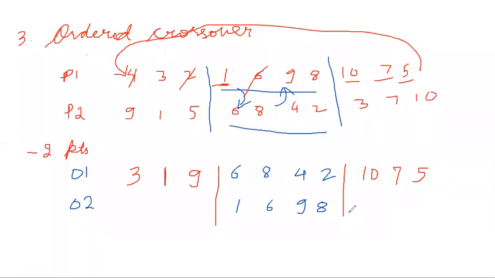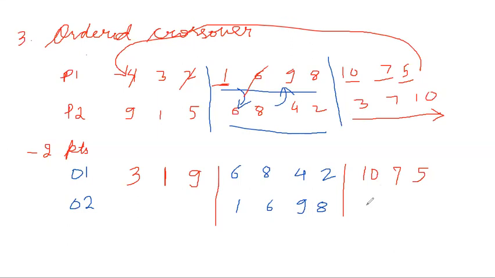So I think I should do it. Now we come to the second offspring. In a similar manner I have to do it. In this, the middle section is coming from parent one. It means the rest of the components have to be copied according to feasibility from parent two. So I start the process of filling the vacant positions from the genes after the crossover point.